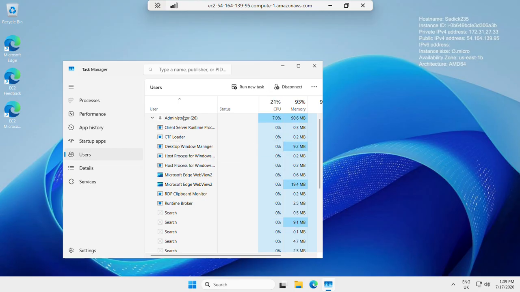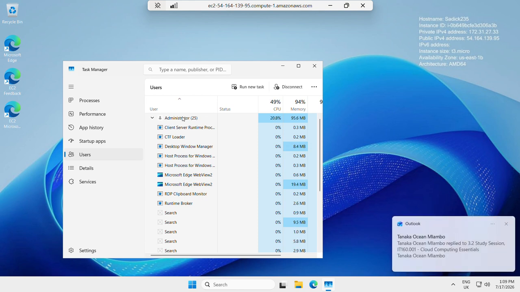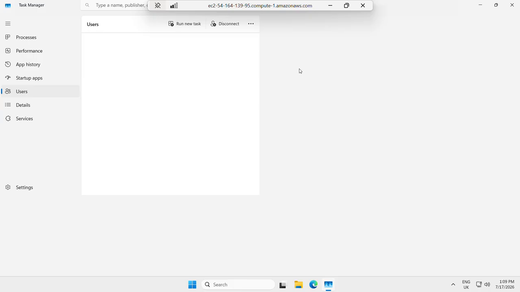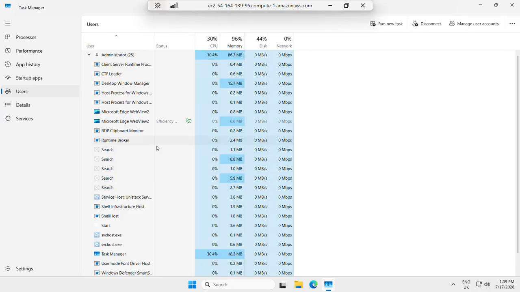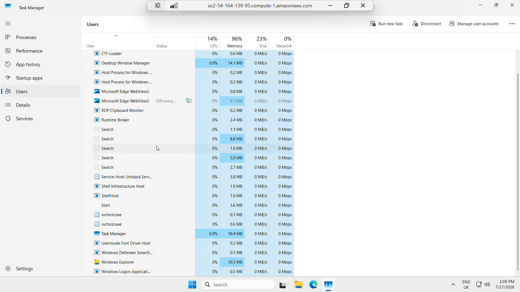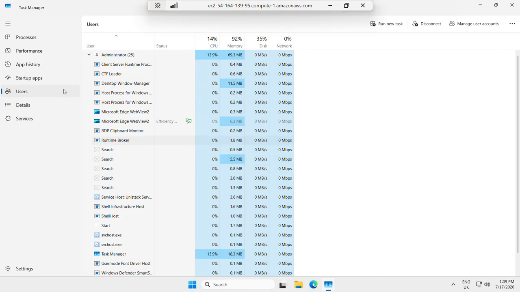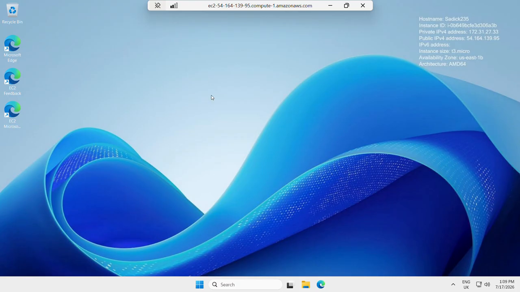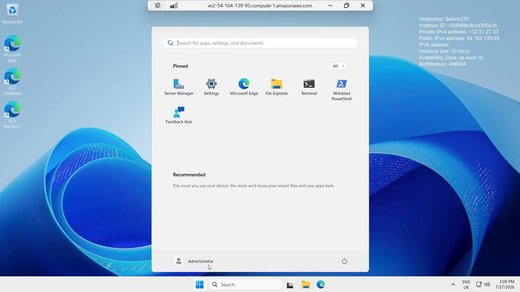You can see administrator. So that is it. Now for the graphical verification, I open Task Manager and select the users tab. The corresponding account is administrator. So I'm going to use another verification,